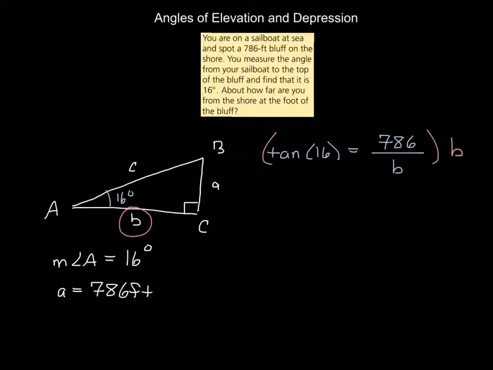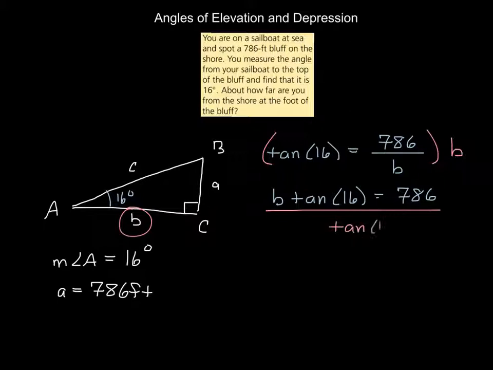Got to start by multiplying by b, so I get b tangent of 16 is 786. And then what do you do? Divide the whole thing by tangent of 16. So we get b is 786 over the tangent of 16, which rounded to the nearest thousandth